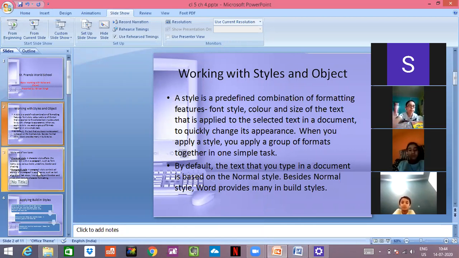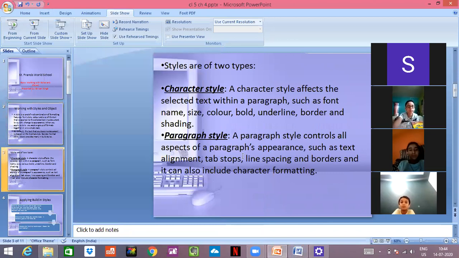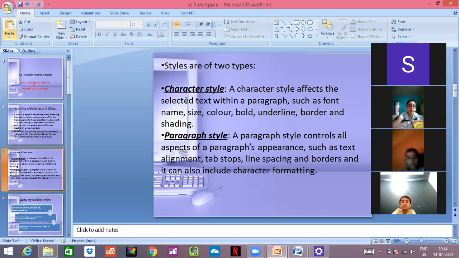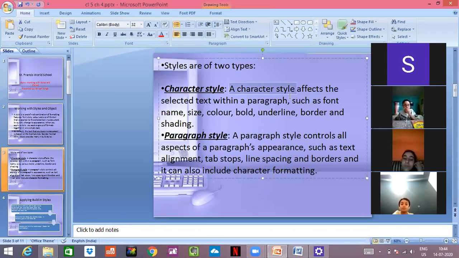Next will come that we are having two styles. One we have character style and one we have paragraph style. Now you will ask what is the character style? Your character style I can show you here only. See, I have selected this word and I want you all to see this word more focusedly.